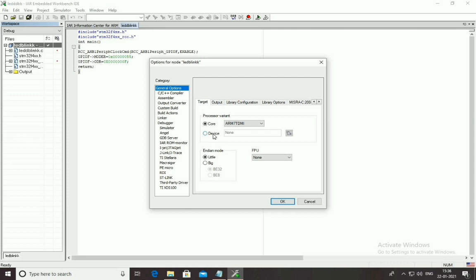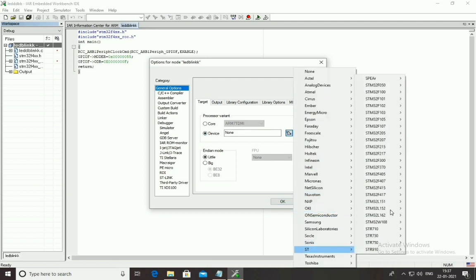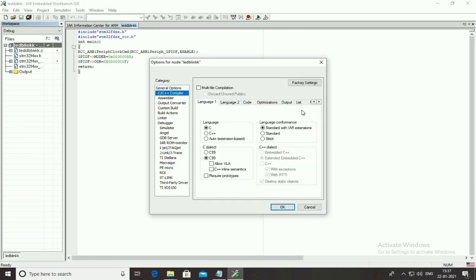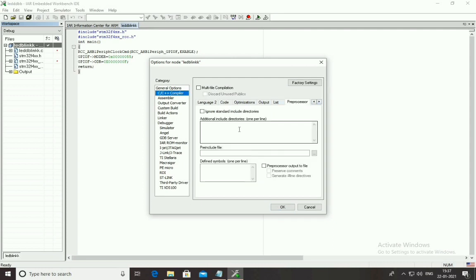In that, select the device, so go to ST, then STM32 F407, select that particular device. Then go to C or C++ compiler, then go to preprocessor, and in this space you have to copy the path of the inc folder.